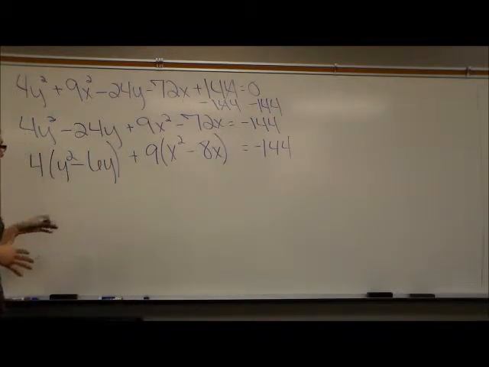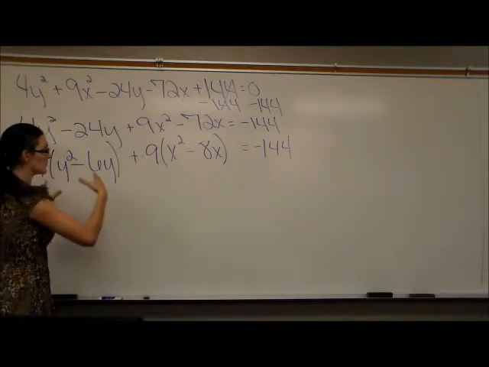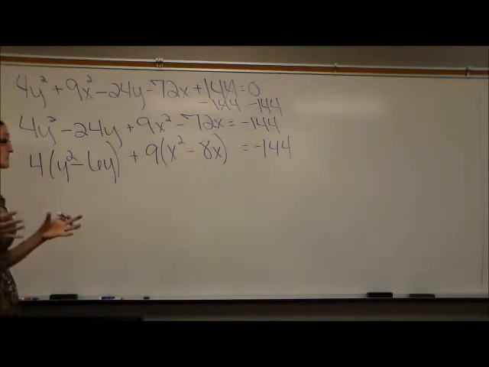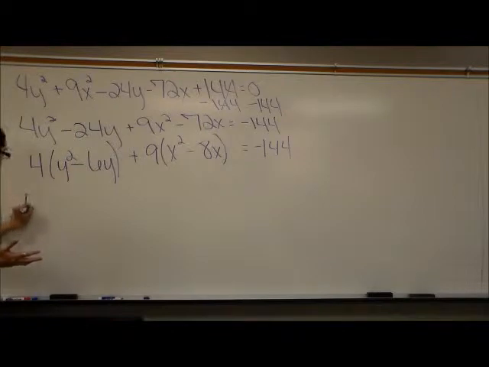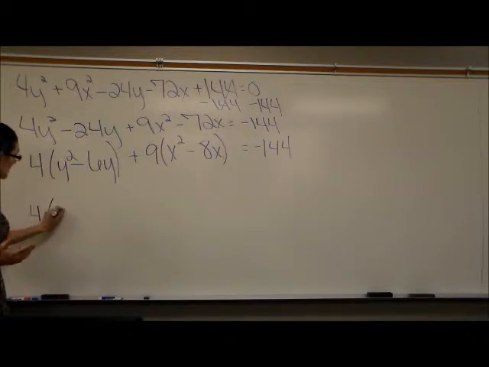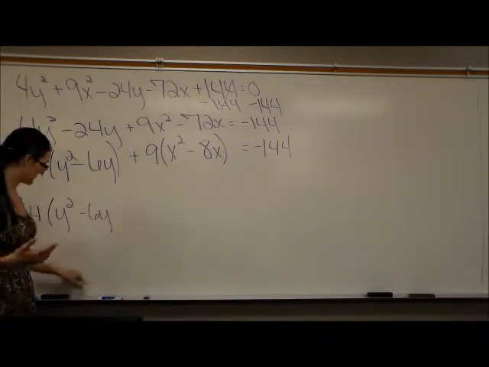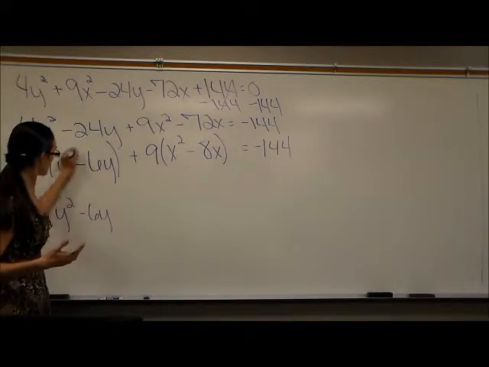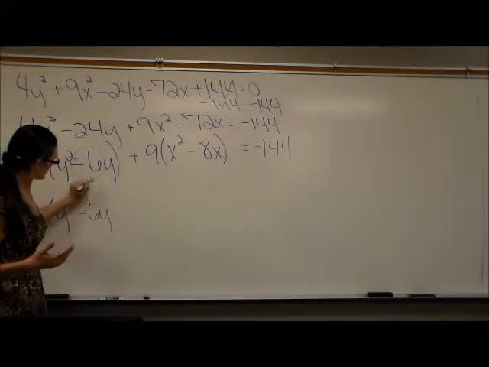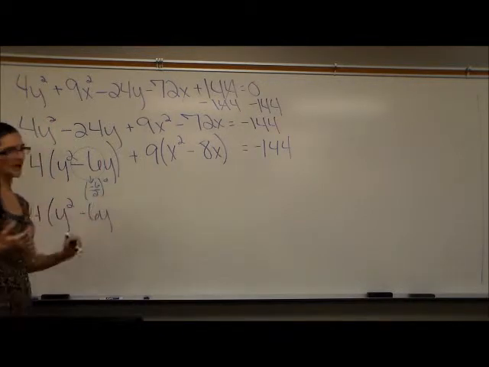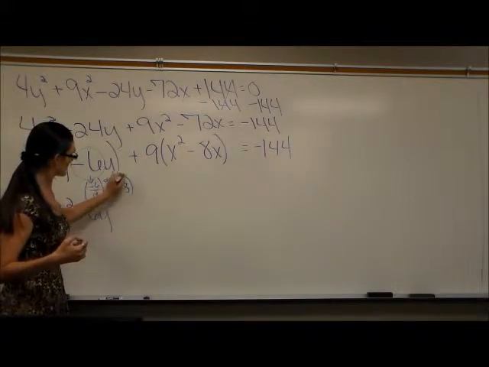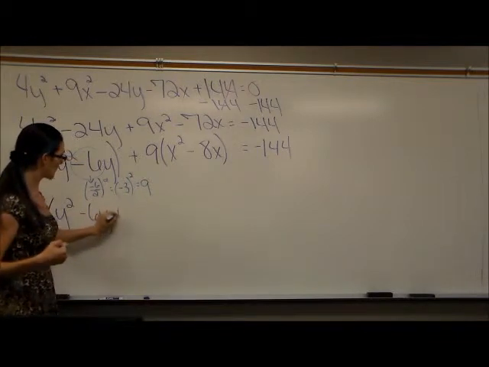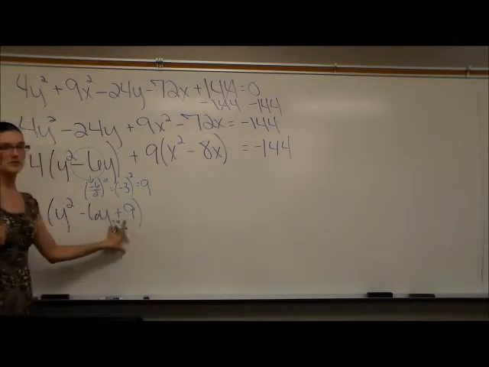What we have to do now is the actual completing the square. What we want to end up with is something that we can factor into a factor squared. We want a perfect square trinomial. So your outside coefficients are just going to fall down. Actually, save a little bit of room as you do that. And then it's going to start off exactly the same, y squared minus 6y. You're going to take the middle coefficient, including the sign, divide it by 2, and square it. Negative 6 divided by 2 is negative 3. Squared equals 9. We're going to add 9 inside here, but what we do to one side, we must do